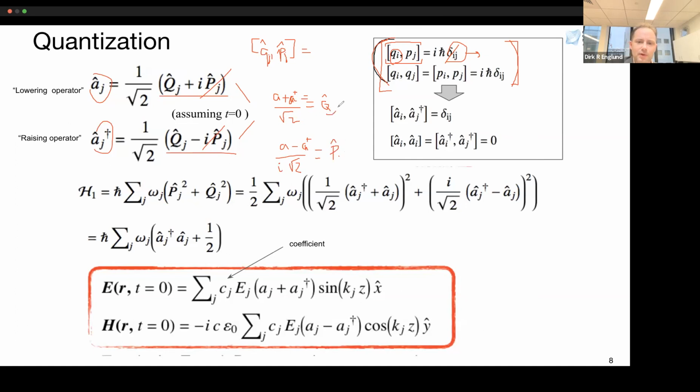Okay, so now what you do is take these two, plug them here into this commutator expression that we have given to us from the first quantization, and then you can plug and chug and find that this is the case,